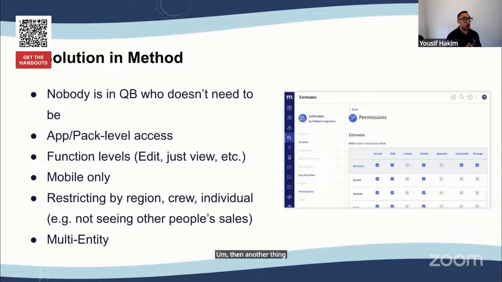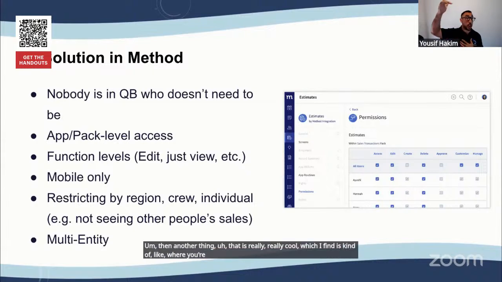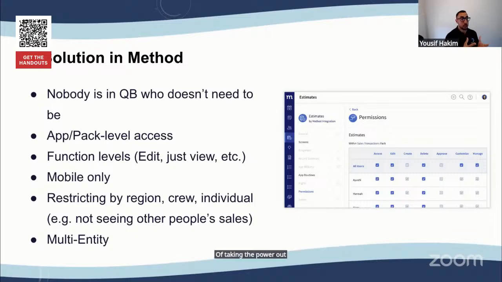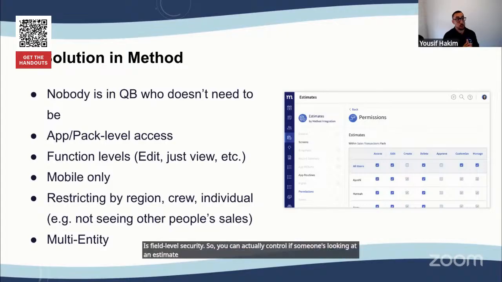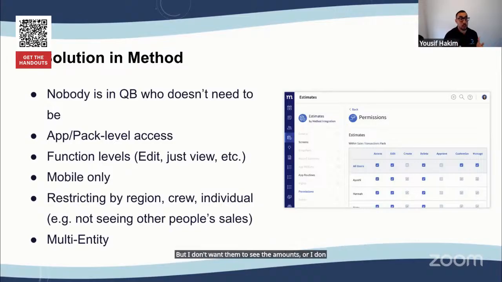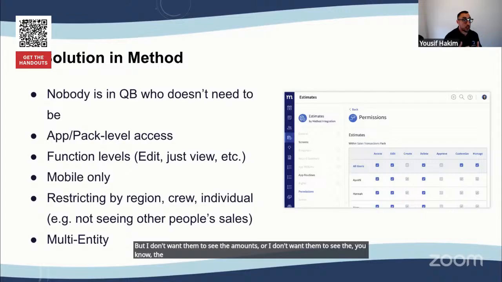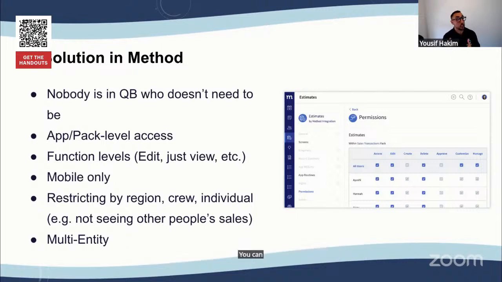Then another thing that is really cool, which I find is where you're going over the edge with the ability of taking the power out of QuickBooks and putting it in Method, is field level security. So you can control if someone's looking at an estimate and you say, hey, I want them to see everything, but I don't want them to see the amounts, or the quantities, or whatever the case may be. I don't want them to see this custom field that we set up. You can customize Method for that specific user or groups of users to not see that particular field or